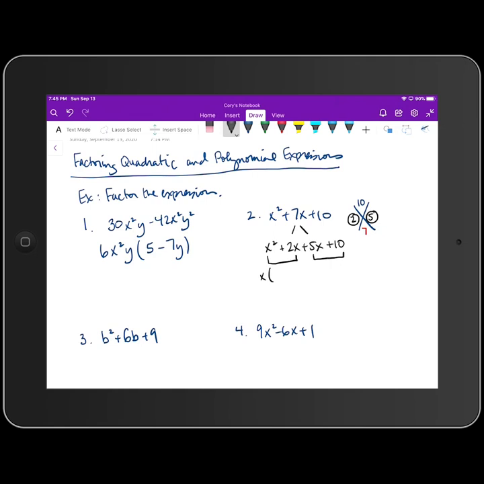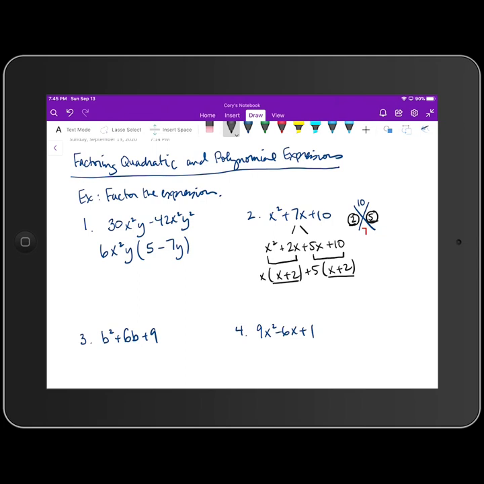When I factor an x out, that leaves me with x plus 2. And then when I look at the last two terms, 5x and 10, they share a factor of positive 5. So when I factor that out, that leaves me with x plus 2 as well. And if you can find two numbers that satisfy multiplying to give the top number and adding to give the bottom number, then you should, with algebra, be able to